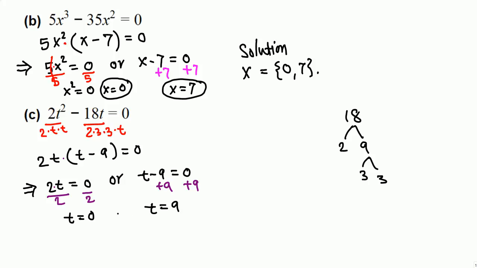Okay, these two numbers will be the solutions, but before we declare them solutions, we need to plug in to see if t equals 0 satisfies this equation. Just replace t by 0, you need to get 0. Same thing here, and it appears both are good. So t equals 0 and 9. That's the solution. Let me write here solution